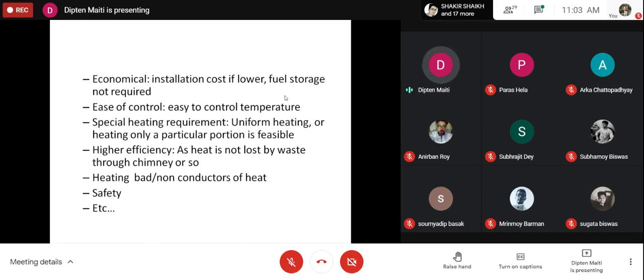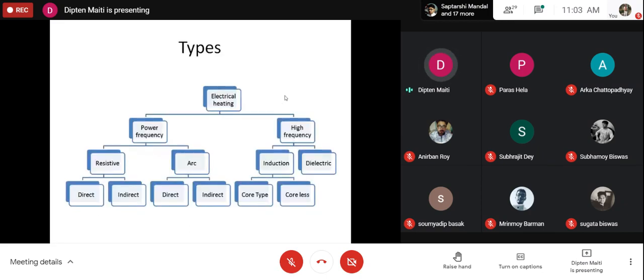Of course, not the heated material that would remain heated. However, we can stop the heating at any point of time within a very short duration. Now, we would study electrical heating here